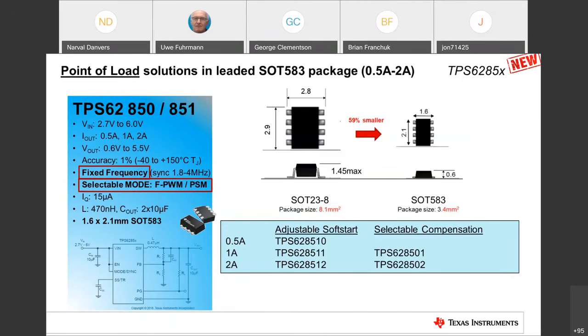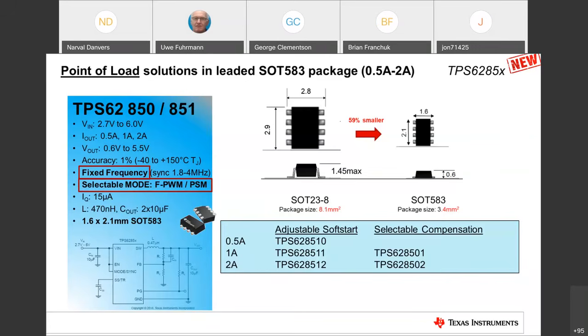And if you prefer a different functionality, on the right-hand side there are also versions available with so-called selectable compensation. The compensation for this one is still internal, so you don't need to calculate any Excel sheets or whatever for the compensation.